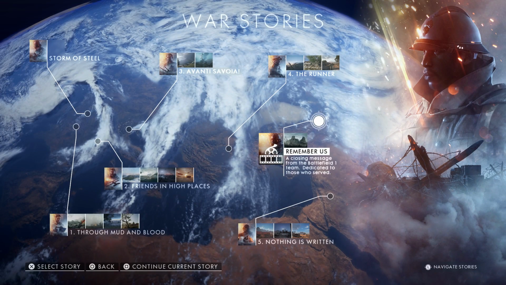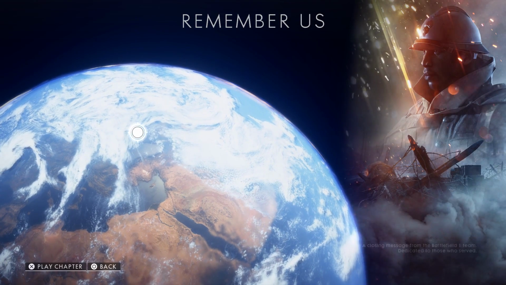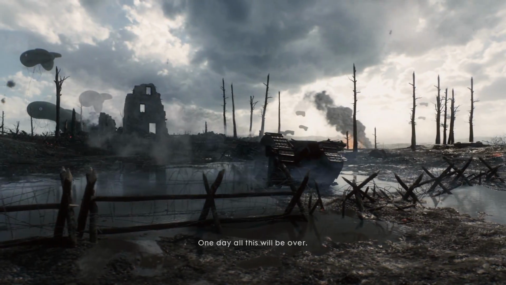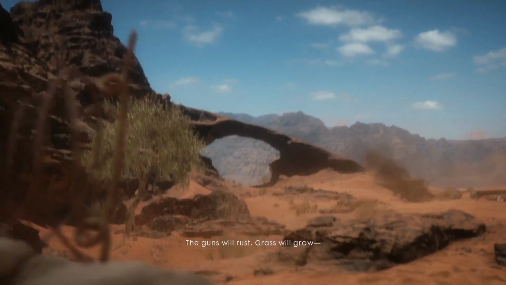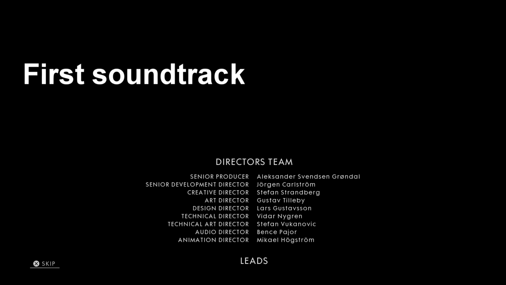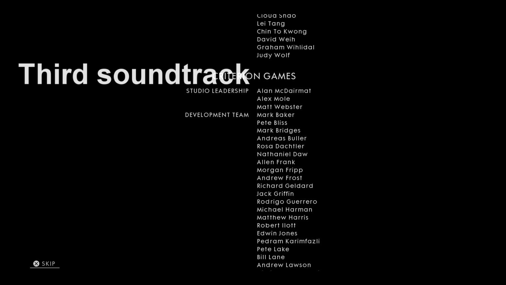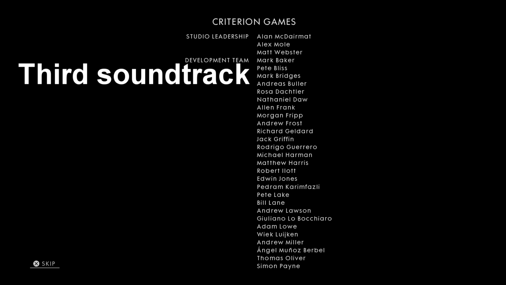And since we are on the topic of audio, I'm gonna end this video with something very touching actually. If you finish the campaign and watch the Remember Us ending cinematic, you'll eventually come to the ending credits, and at first nothing special is happening. You see the credits, you hear the Battlefield 1 menu theme song, and after that you hear another Battlefield 1 soundtrack. But the third and final soundtrack of the ending credits is a cover from the song And the Band Played Waltzing Matilda,